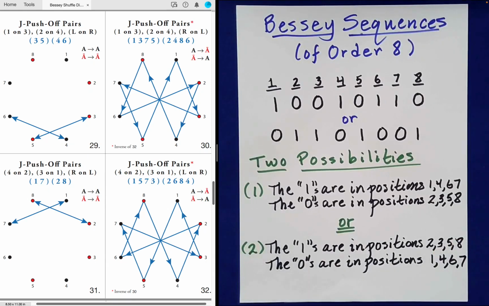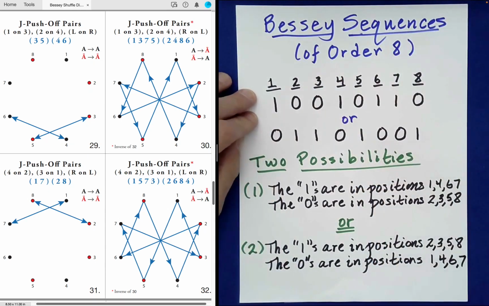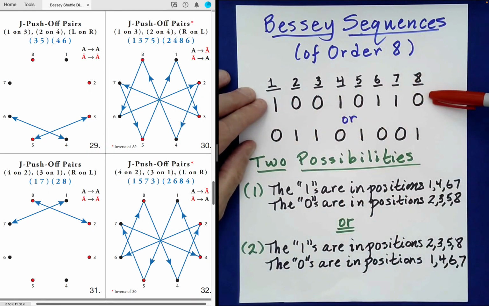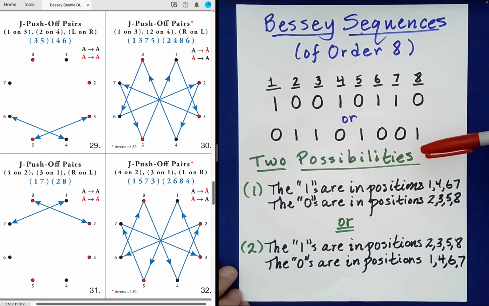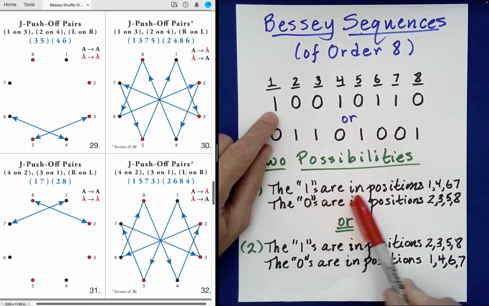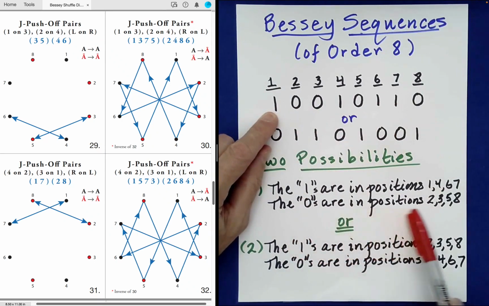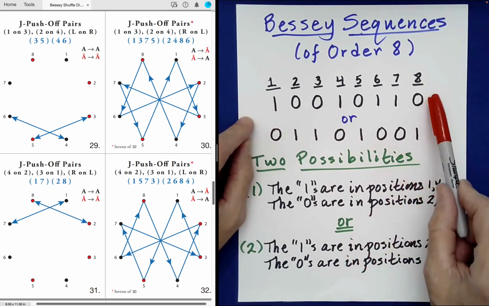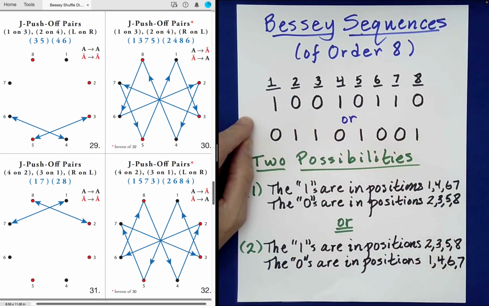Finally, for a quick review, recall that Bessey sequences of order 8 have the following structure. So up above I have the 8 position values, and then down below I've indicated where zeros and ones need to be so that the sequence is a Bessey sequence. And there are just 2 possibilities. The ones are in positions 1, 4, 6, 7, and the zeros are in positions 2, 3, 5, 8. Alternatively, if we look at the inversion of this sequence, which is the one below, the role of zeros and